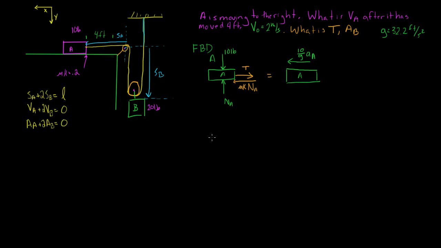Now, if we look at the free body diagram of block B, this is block B. It has a weight that is coming down, and this weight is 20 pounds. And it also has a force of 2T, which is coming up because this rope is split into two parts. So it is 2T. Analytically, you can just see that by looking at this diagram,